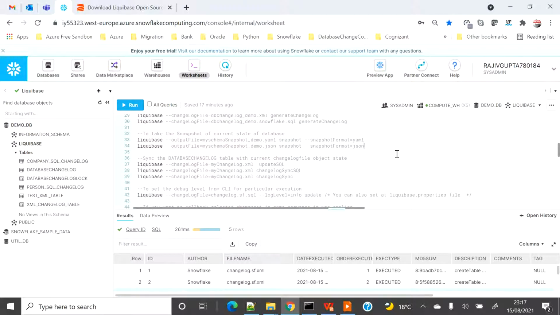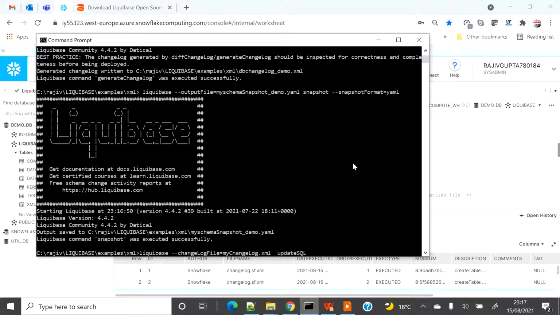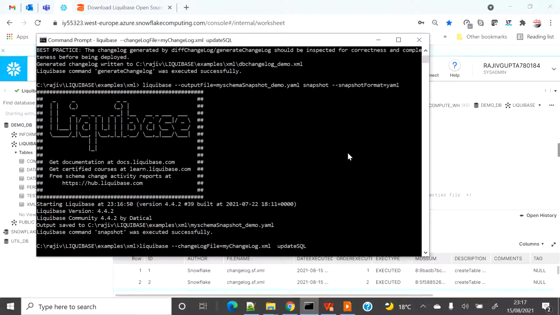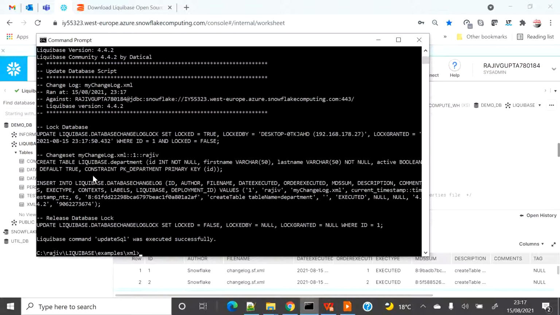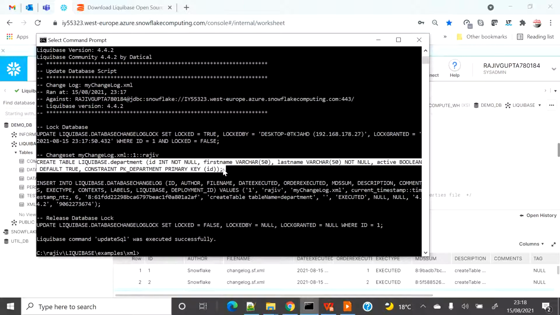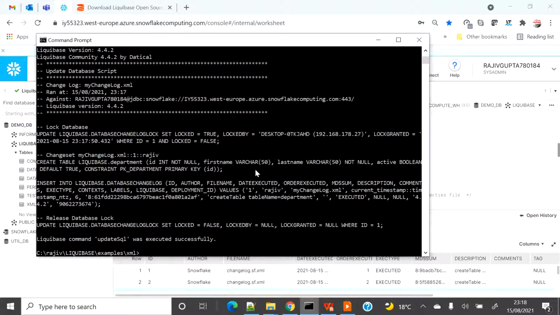All right. So let me show you in one example, and then you will be able to understand this. So basically, I wanted to first see what is the SQL statement which is going to apply on this changelog file. So you will see there is one table called department which is going to be applied on this changeset. I think yes, department is the table, right? Yes. So what I will do, I will copy the statement just to showcase you the demo.